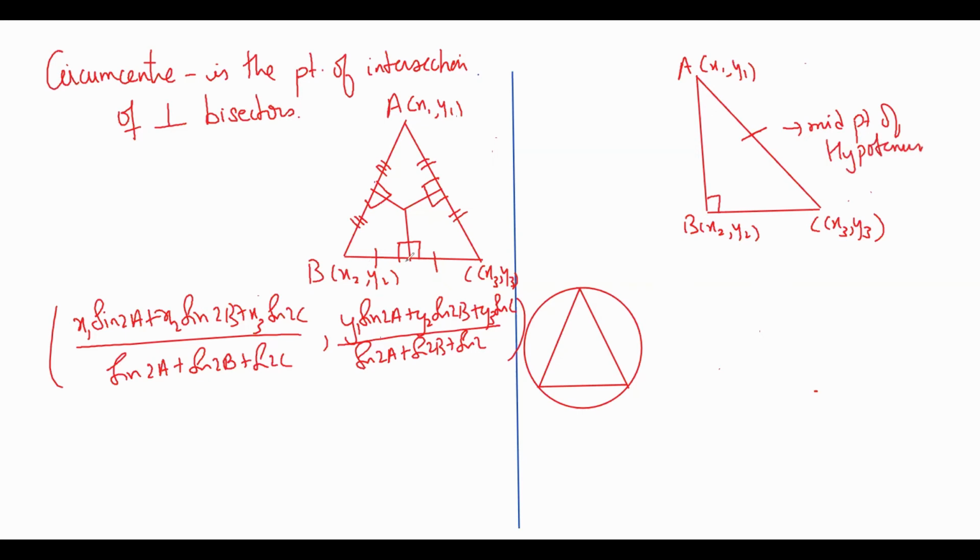Here in this diagram, just check, this GD is not an altitude. This is not coming from the vertex A. Only in the case of equilateral or isosceles triangles does it come from the vertex. In that case, the altitude is the perpendicular bisector. But otherwise, in this case, this is only a perpendicular bisector, not an altitude. This is not dropped from the point A.